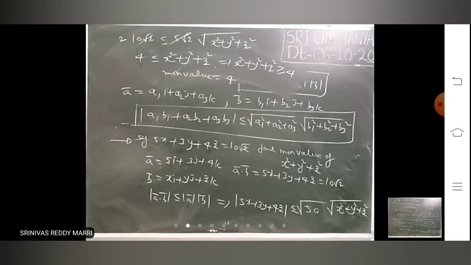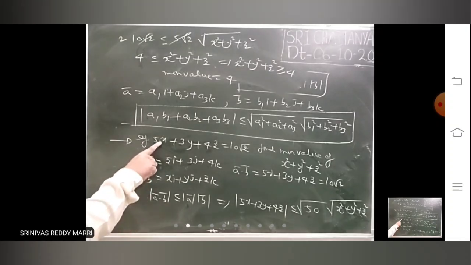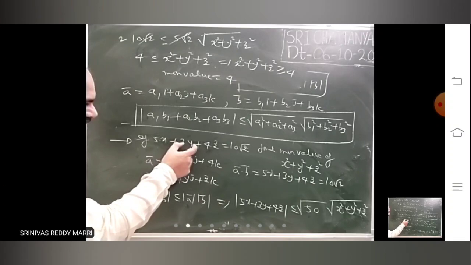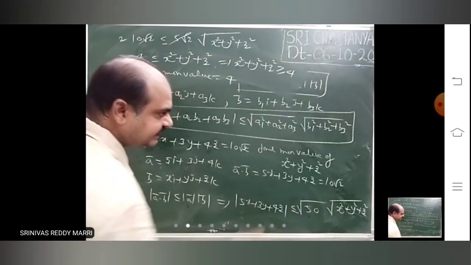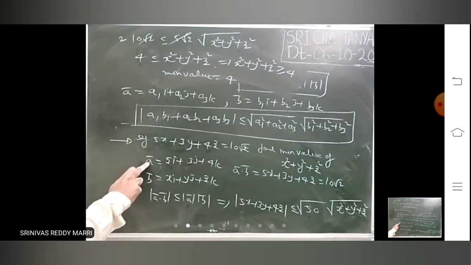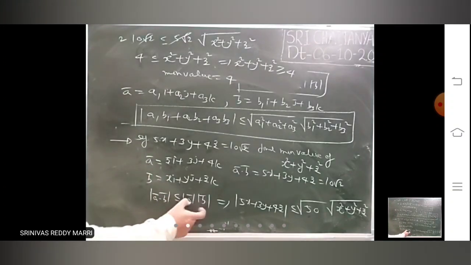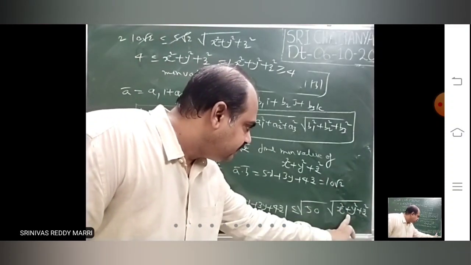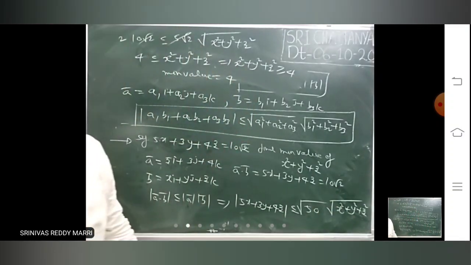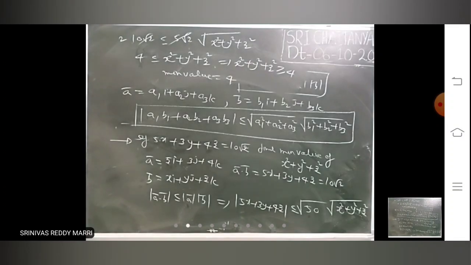Like that, the simple indication to use the inequality is that he will give a product of 2 plus product of 2 plus product of 2, and ask for a minimum value or something like that. Then consider the first vector A bar, second vector B bar, and apply this inequality. Then the only variable which will be there, he will give that. Consider A bar, B bar, and then apply this.